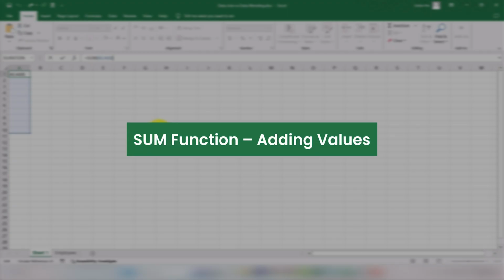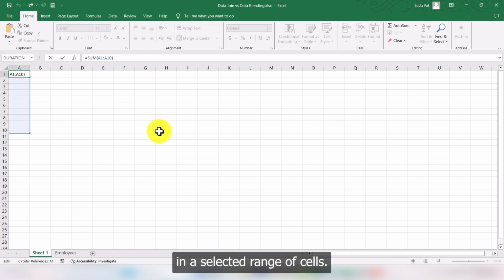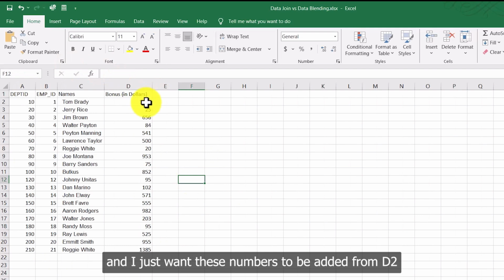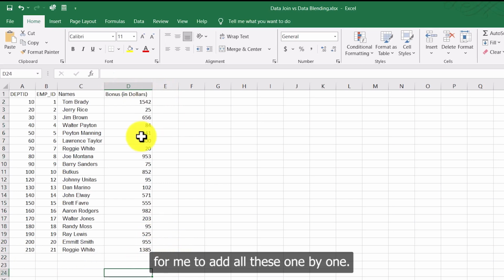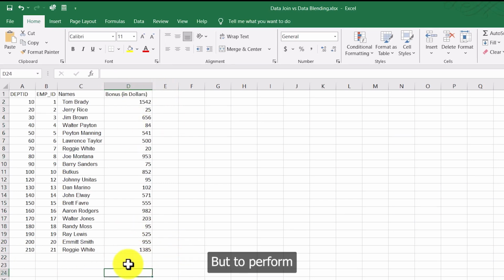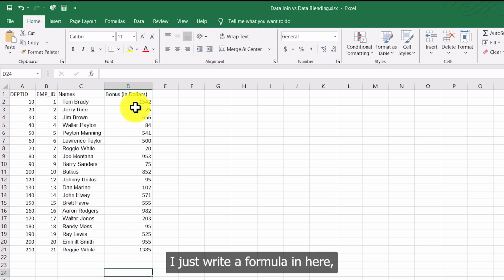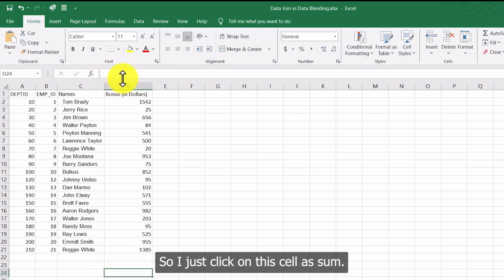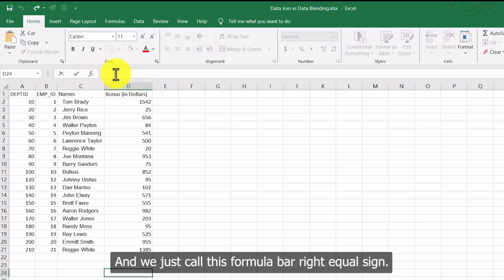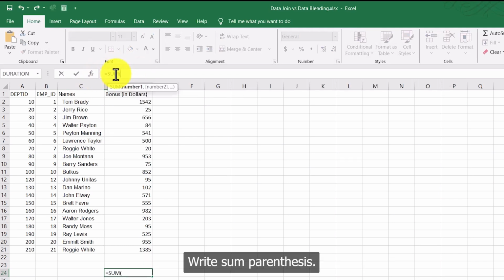Sum function, adding values. The sum function adds numbers in a selected range of cells. For that, let's assume we have data of employees here, and I just want these numbers to be added from D2 to D21. It would be really difficult for me to add all of these one by one, so to perform sum in this cell, I just write a formula. I click on the cell where I want the answer, go to the formula bar, write equal sign, write sum, parenthesis,